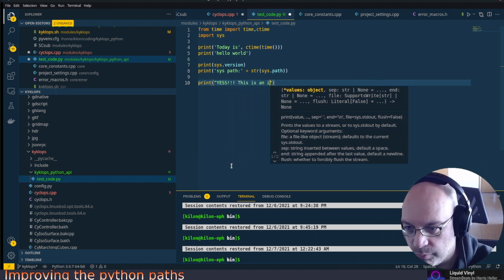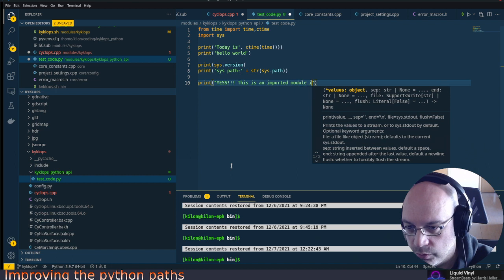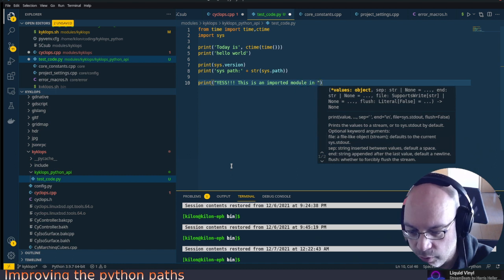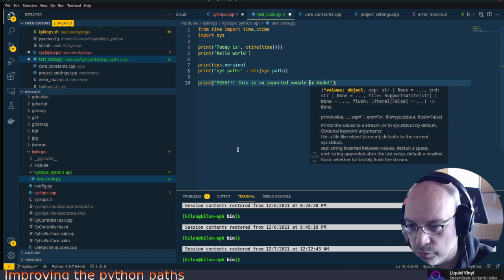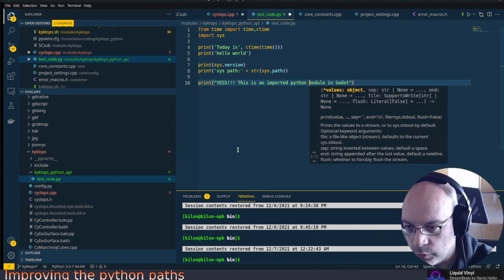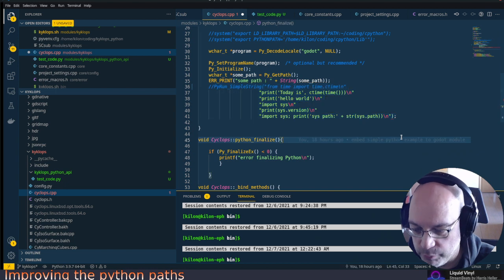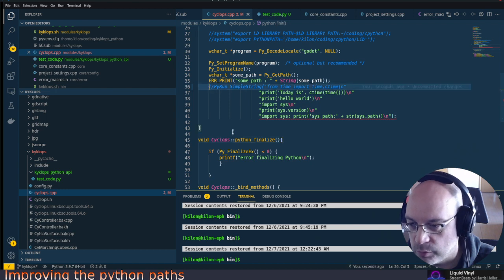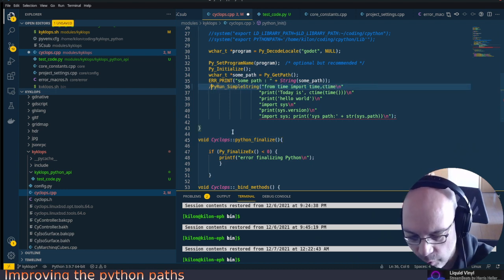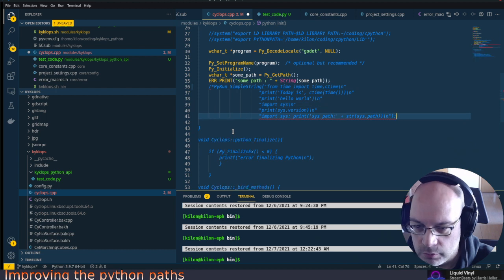This is an imported module in Godot, a Python module in Godot. So now we will have to ask ourselves how we are going to import a module and execute it. Now the way to do this... it's multiple lines, okay. So the way to do this